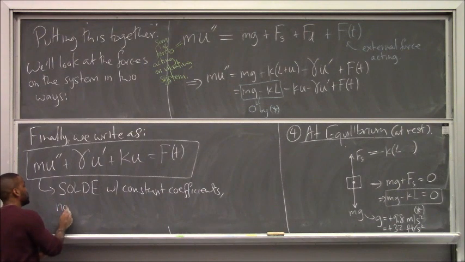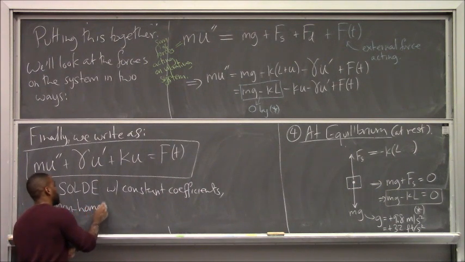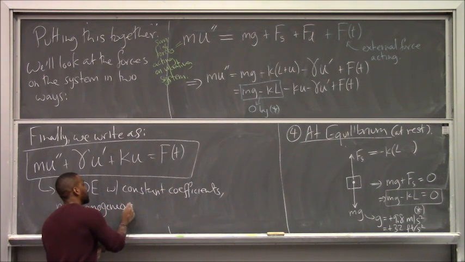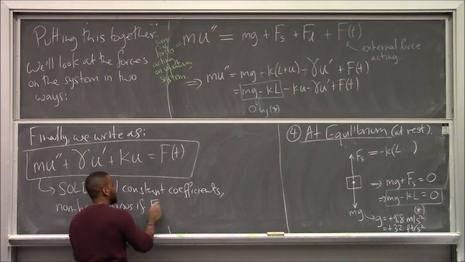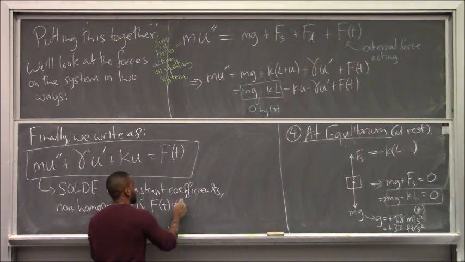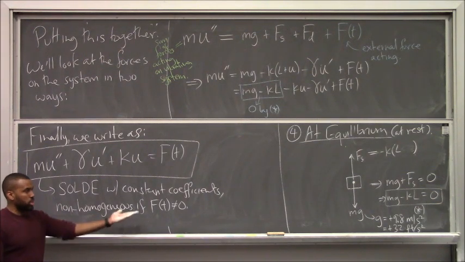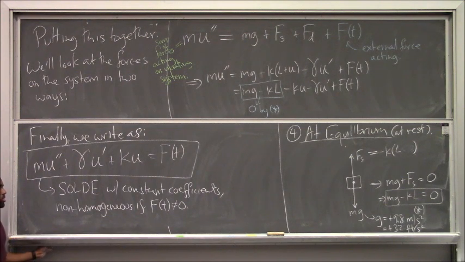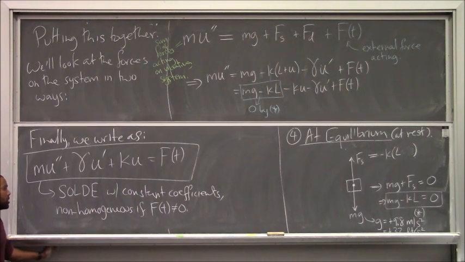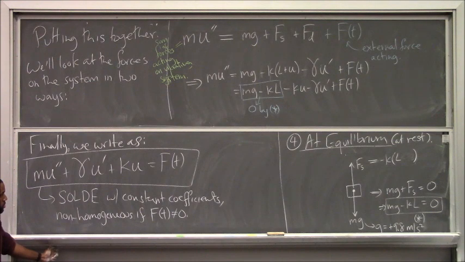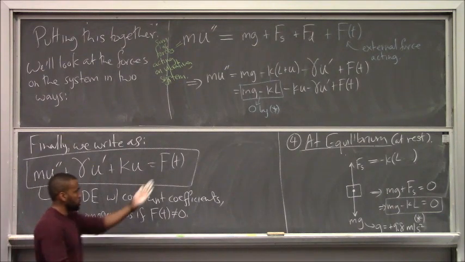And it's non-homogeneous if the external force is non-zero. So sometimes we just set it in motion at the beginning and then we just leave it alone, in which case we say there's no external force. So there was one just at the very first instance, but other than that, we will make it 0. But if there is some sort of external force that the system is experiencing,